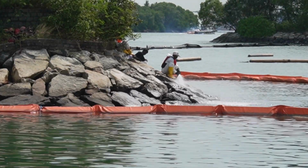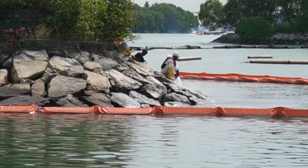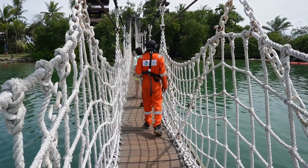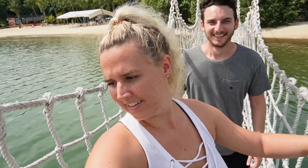I really have no idea how one would go about cleaning up an oil spill in the water, but they're like washing the rocks a bunch over here, and we're seeing all these people walking around with jumpsuits that say, oh my gosh, oil response team. So, okay, this bridge is rocking a lot. Jacob, are you doing that? Yeah, I'm doing it. Ah, it's kind of fun. We're gonna drop into oil if it spills, Jacob. Yeah, well...